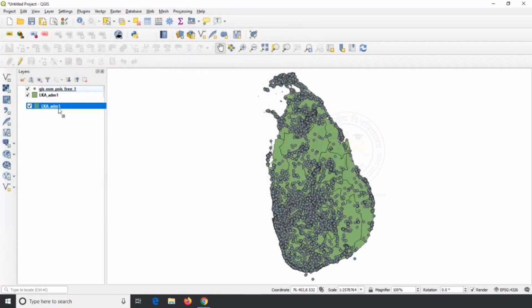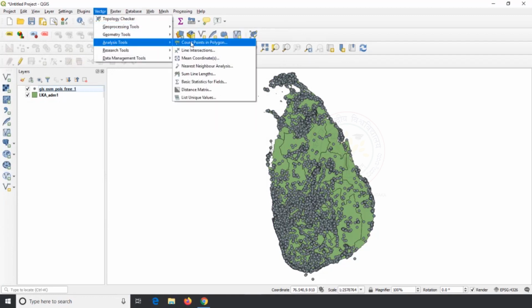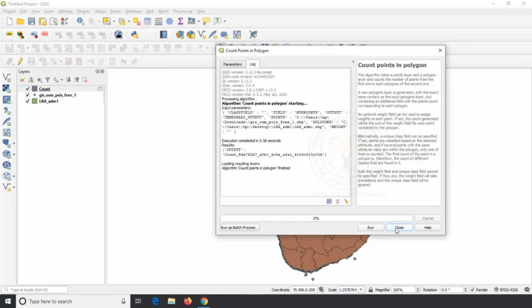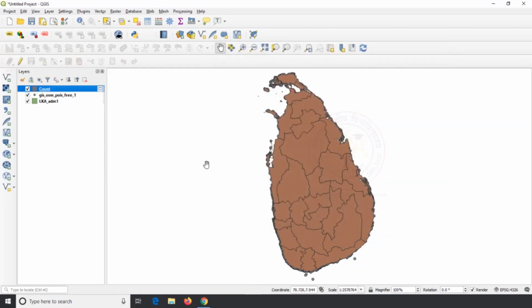After opening this data, I click on vector on menu bar and click on analysis tools followed by a click on count points in polygon. On the pop-up window, define LKA admin 1 as polygons and GIS OSM points in points. Click on run followed by a click on close.